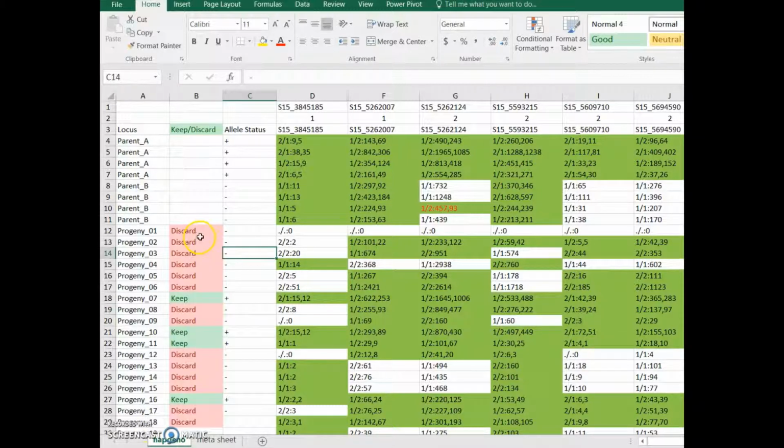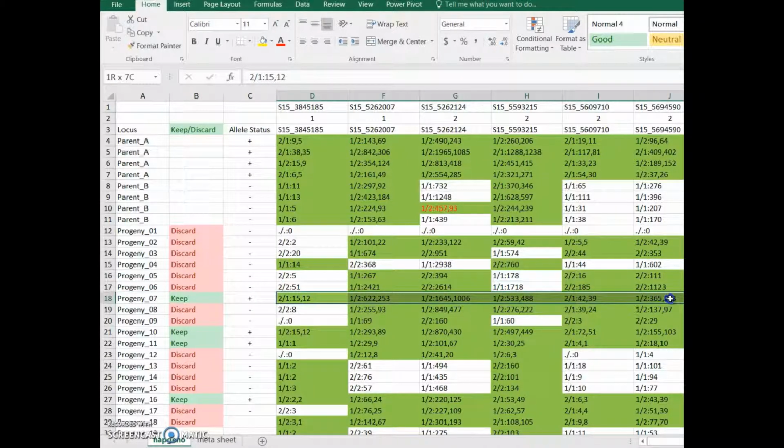So you can see what I did: if the progeny was not carrying the haplotype for this set of markers, I labeled them as negative. If it was, for example, progeny 7 was carrying the entire haplotype, the desired